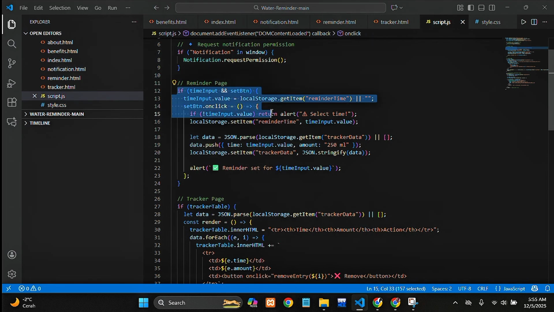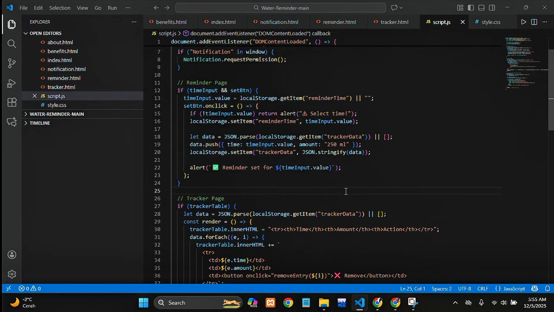JavaScript allows the elements in the HTML to actually respond to user actions, so whenever a button is clicked or a value changes, the logic written here will immediately update what the user sees on the screen. This makes the website feel more dynamic and functional, not just a static layout.